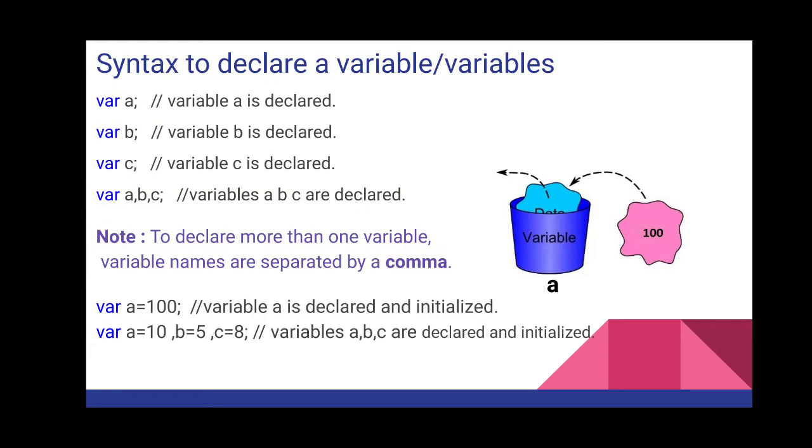So now I have to use a variable. So obviously there will be some syntax for how to declare a variable. Now for variables there are two things which we'll see. One part is declaring a variable and then initializing a variable. So we'll see what exactly it is. The topic is syntax to declare a variable or variables. That means you can declare a single variable, or if you require multiple variables, how to declare them in your program.